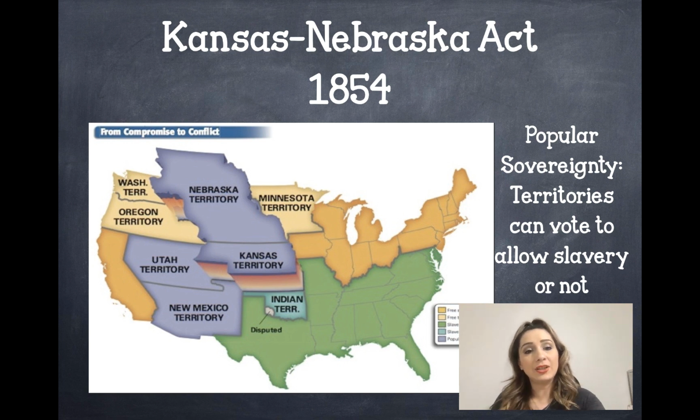So what they decided to do when it comes to the Kansas and Nebraska territory is they decided to allow them to vote for slavery or against slavery. So they went through popular sovereignty. And if we remember popular sovereignty, it was one of our 7 principles that makes up our Constitution. And basically popular means the people, sovereignty is power. So give the people the power. The people have the power in government when it comes to our type of government. So they said, why not extend it to the territories and allow them to vote